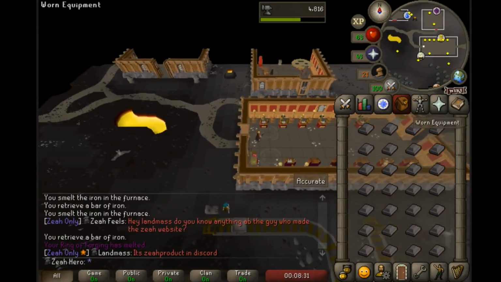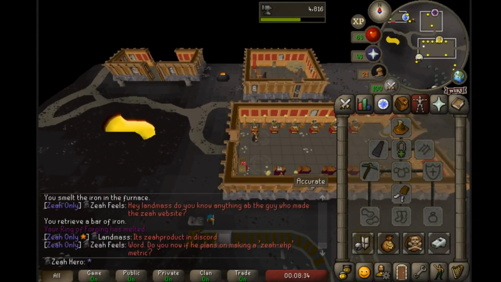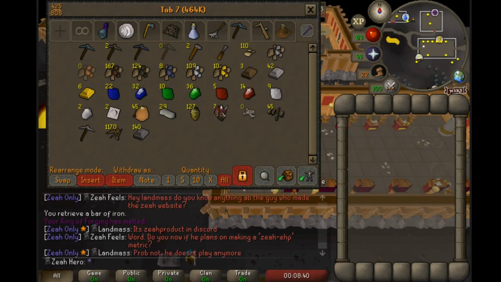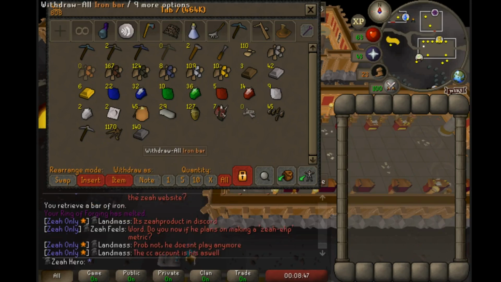I think our ring has run out. Yes. It goes for 140 charges, as you may or may not have seen before, and that equals exactly like what, 5 I think trips. Yeah, five, maybe 6 trips. 6 trips worth of iron bars. So what I'm gonna do is, I know I can't smith